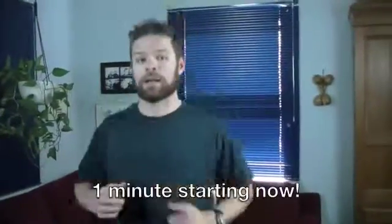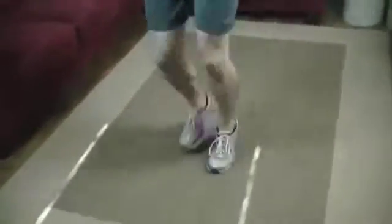Here we go. So with this, you really just want to focus on being light on your feet. So you don't want to hit the floor really hard, jarring your joints. You just want to think of having your ankles, your knees, and your hips nice and soft. So it's all of those muscles that are absorbing your weight coming down onto the ground. Upper body standing nice and tall, and that helps keep your lungs nice and open so you can take those big breaths in,